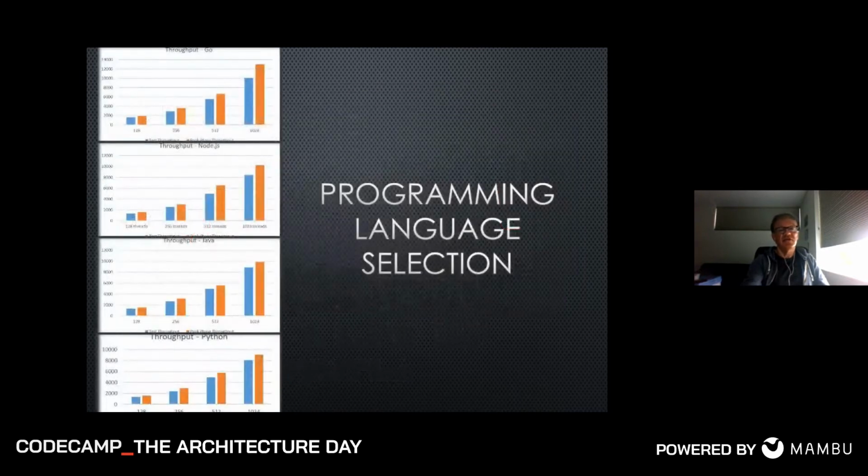So we did this experiment with 4 different programming languages. And you can see on the slide here, we start off with 128 client threads, so quite a light load, and we grow it to 1,024. And the blue bar is the overall test, so that includes all the phases. And the other bar is the peak phase. So this is when we were just loading it very heavily with 1,024 clients.